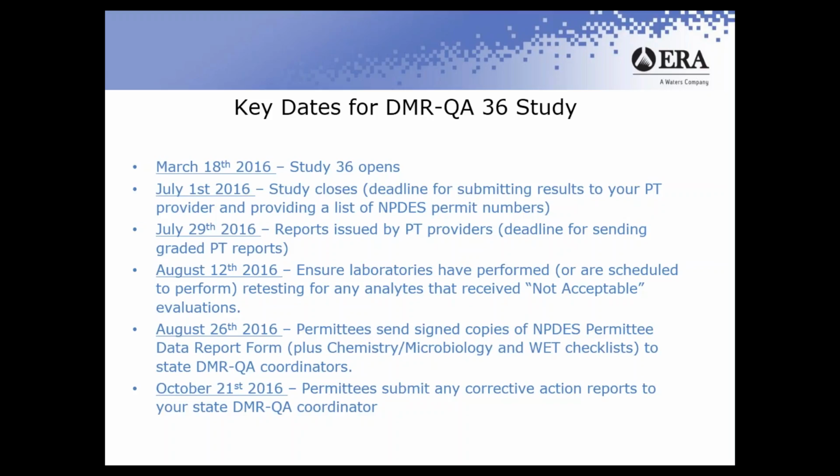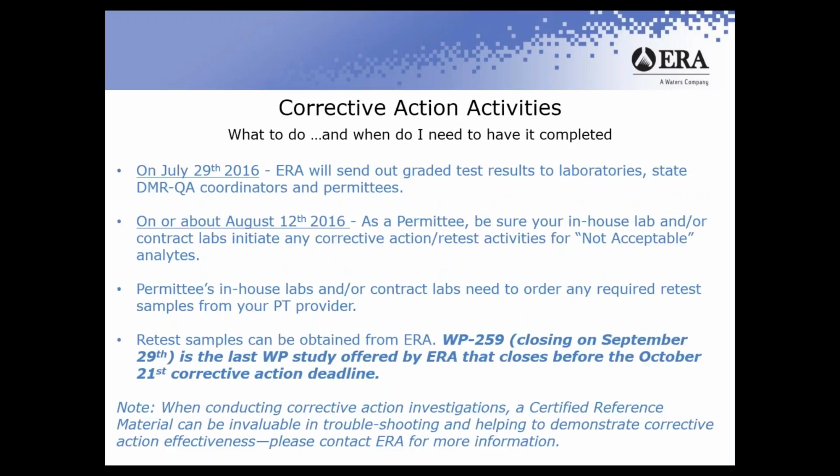And finally, October 21st, permittees submit any corrective action reports to your state DMR-QA coordinator, and these must come directly from you, the permittee. So, corrective action activities, or what to do and when do I have to have it completed. As we noted earlier, July 29th, ERA will send out graded test results to laboratories, to state DMR-QA coordinators,